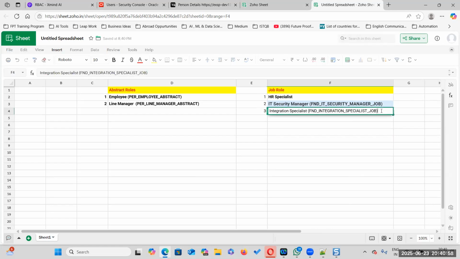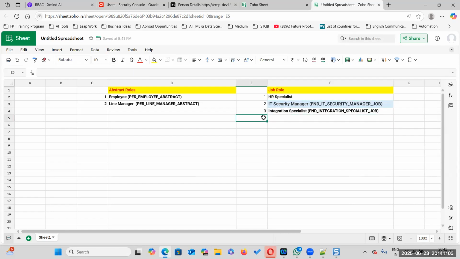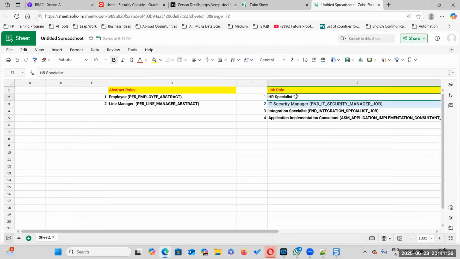I will show you the difference after adding them one by one. IT security manager, integration specialist, and finally we will close it with implementation consultant. This is also a job role. So we have added HR specialist.